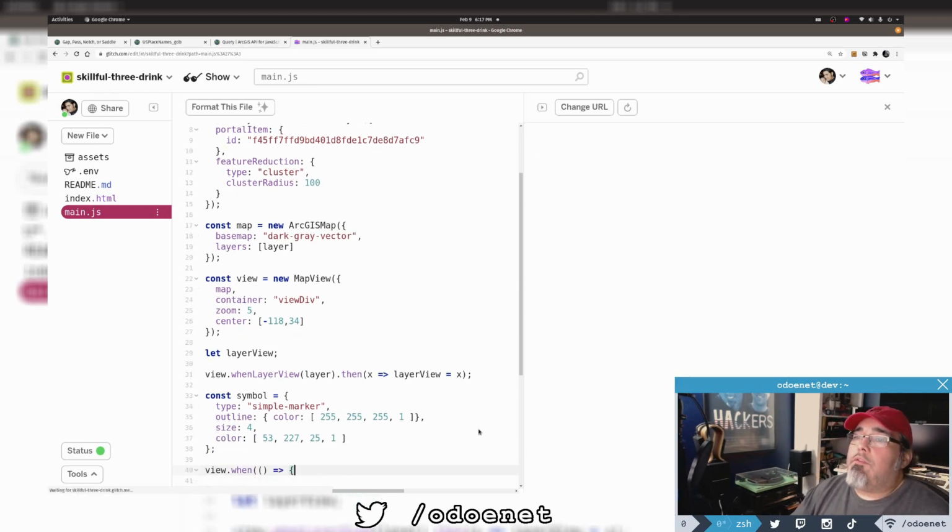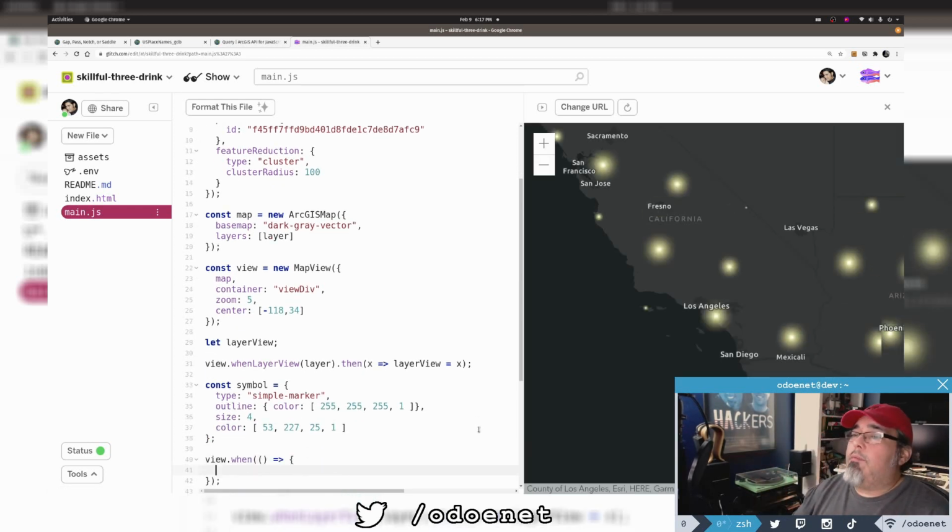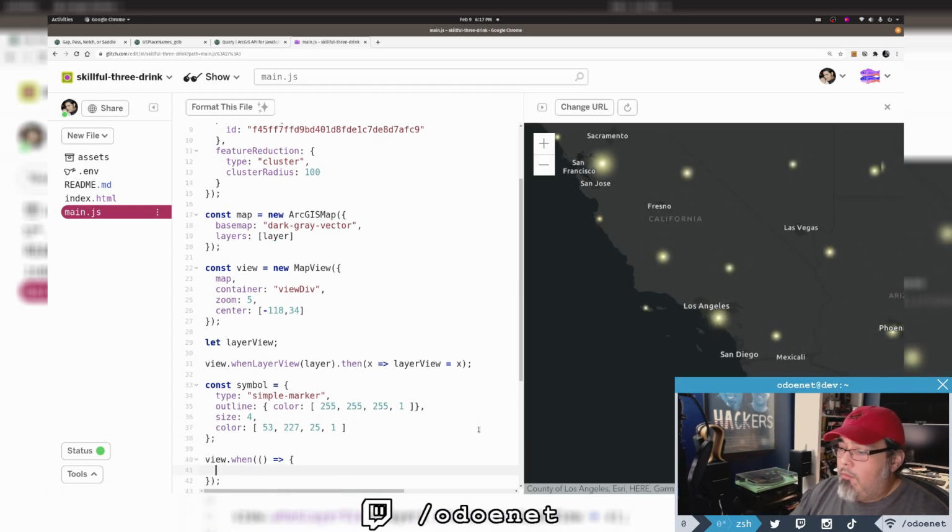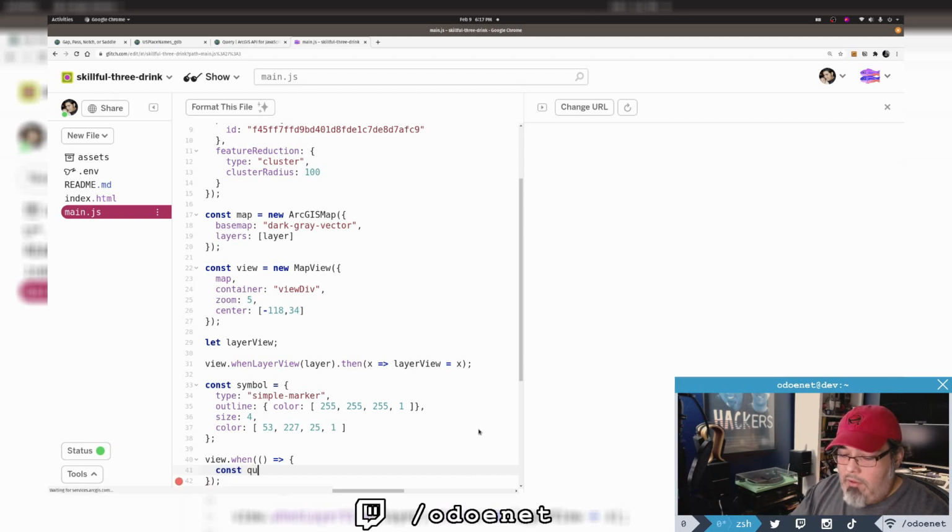Okay, so there's a symbol. Just got out of the way because I will be using this in a moment over here. So what I want to do is that when the view is ready, I want to have a query ready to go for doing my queries. So I can do that by doing a query equals to,